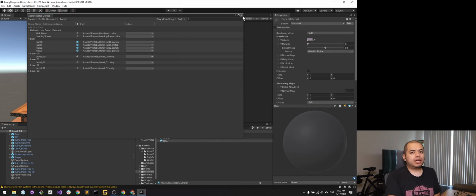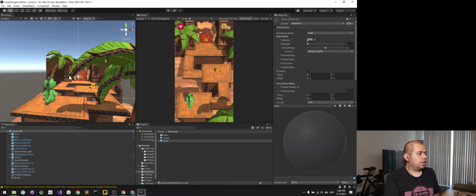However, just make sure that you understand the memory implications, and I'll link something to the blog, the Unity blog, where one of the engineers talks about optimizing memory when using addressables. But let's go back to the example. So